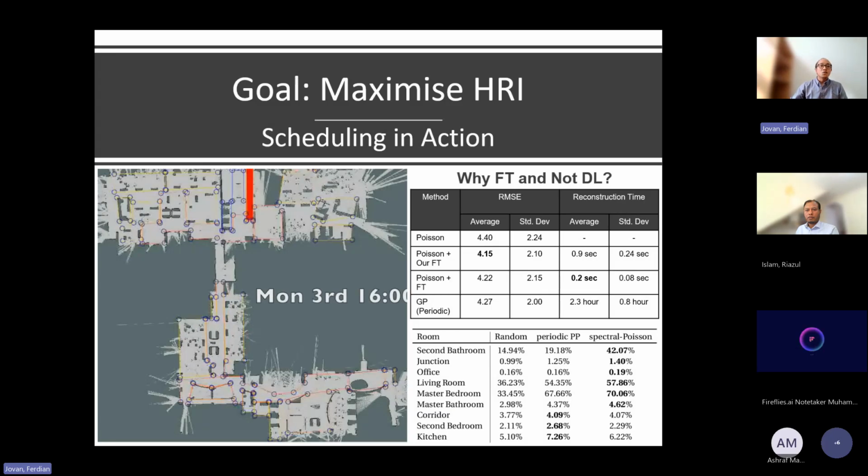But how do we show that? We show that by this percentage number. This percentage represents the duration where the robot sees people over the total duration the robot spends in that place. So let's say within 10 minutes of the robot visiting, for example, the living room, it sees people for 6 minutes, whereas if you use random, it's only 4 minutes. So we use that to showcase that it's successful in maximizing interaction.